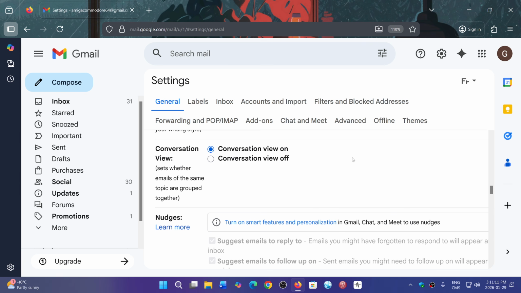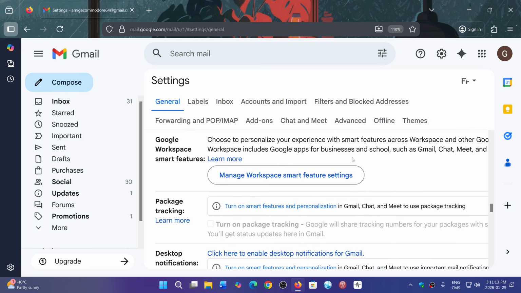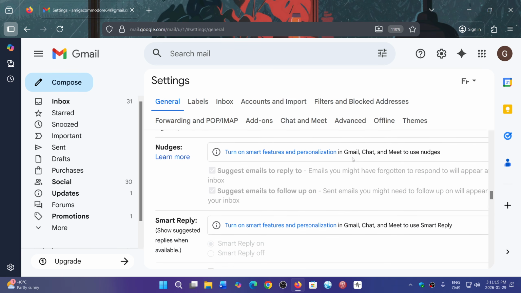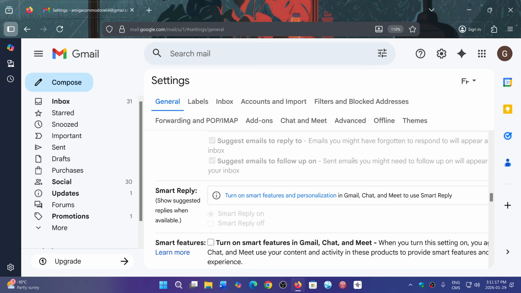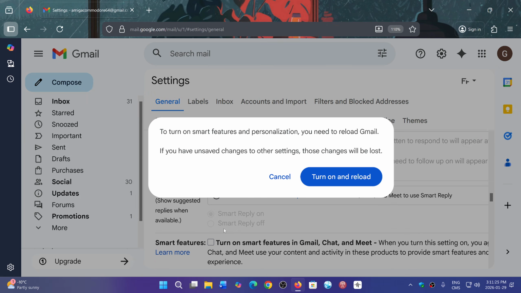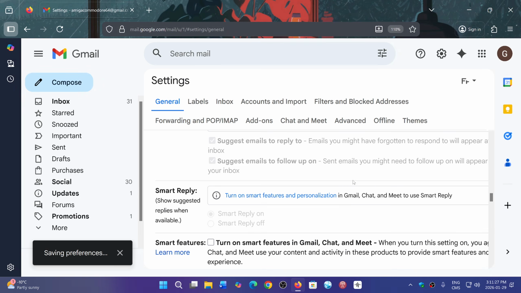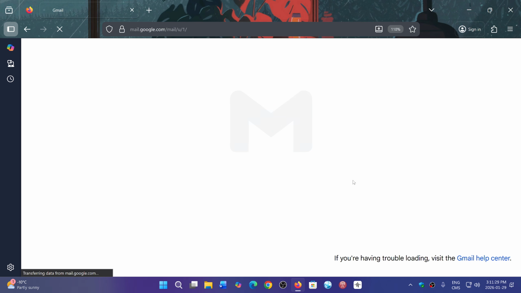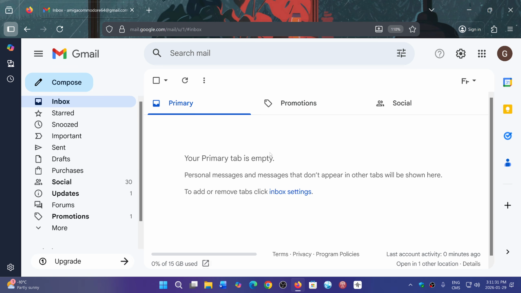So that is where you need to know that doing so will impact a lot of what Gmail can do and can help you with. It's up to you. If you turn it off, the Gemini smart features are gone. I personally will turn them on and reload because I do like to have the Gemini smart features